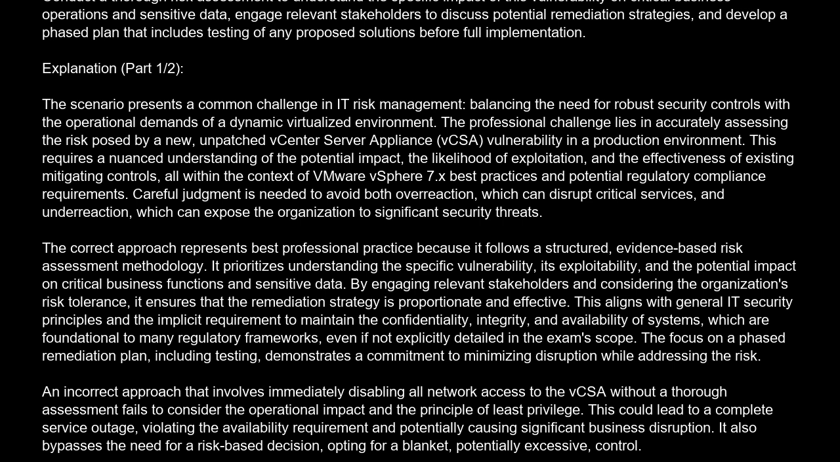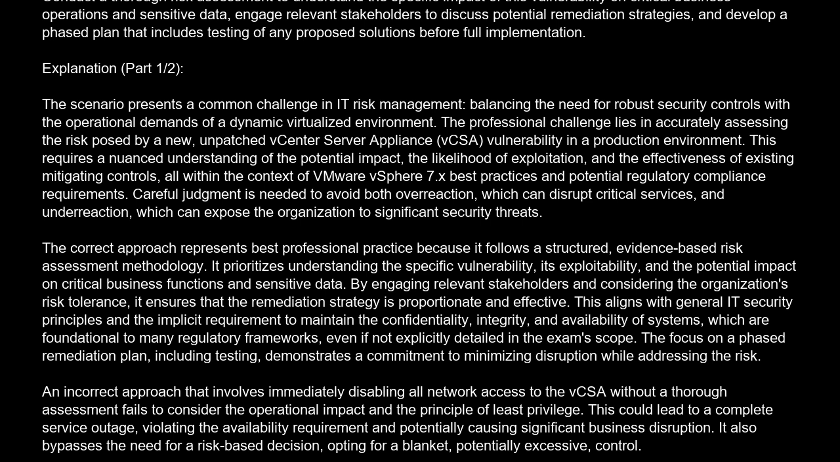This requires a nuanced understanding of the potential impact, the likelihood of exploitation, and the effectiveness of existing mitigating controls, all within the context of VMware vSphere 7X best practices and potential regulatory compliance requirements. Careful judgment is needed to avoid both overreaction, which can disrupt critical services, and underreaction, which can expose the organization